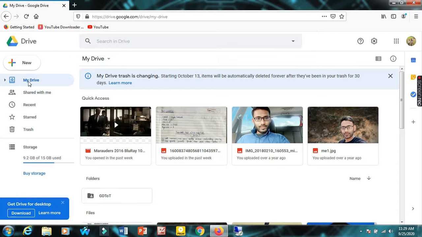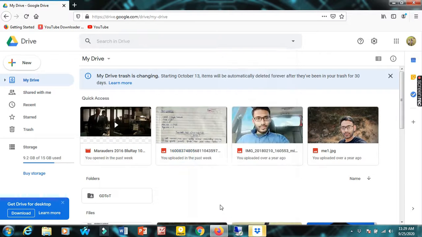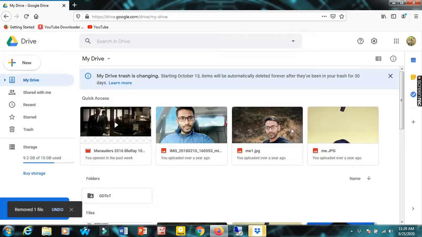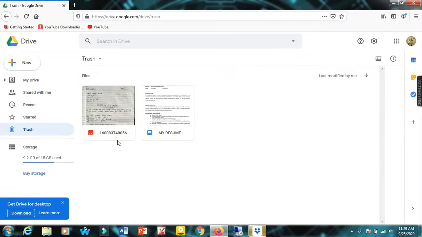This My Drive option comes. These are few of the contents of mine. A movie, my pic, this one is also my pic, and a document. Let's suppose I want to delete a document. What I need to do is right click onto that and then click on remove. What will happen is it will go out of the My Drive and it will be stored inside trash as like recycle bin. This is the content.